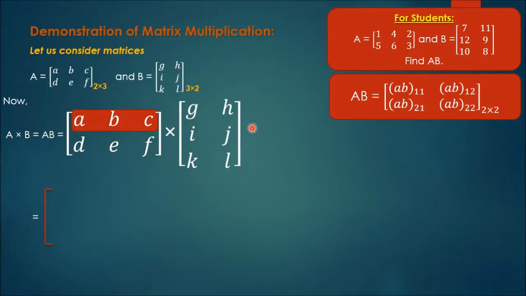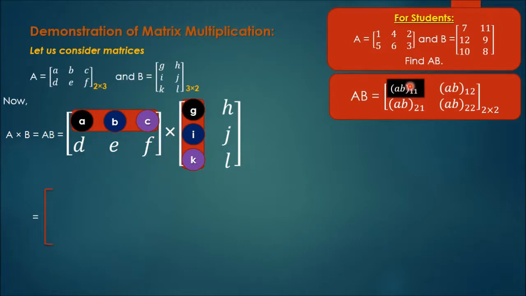Now see, the highlighted portion is row 1 of the first matrix. Another highlighted portion is column 1 of matrix B, isn't it? So which elements will multiply with which elements? Let's see, it will be very clear. A will multiply with G. A won't multiply with any other element from column 1 of matrix B. B will only multiply, you can distinguish with color also, with I, and C with K. In this way the multiplication will take place for